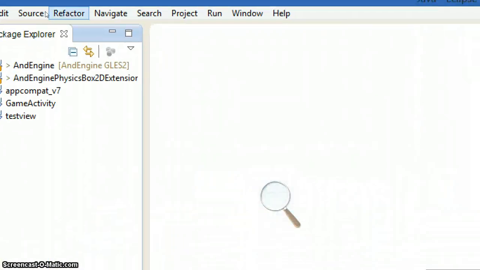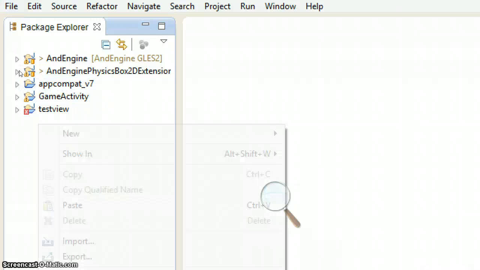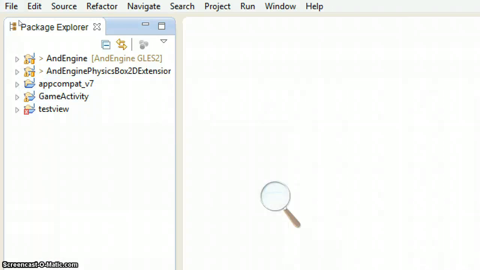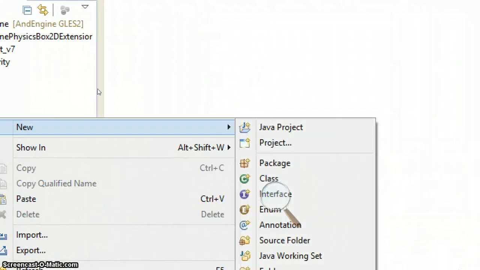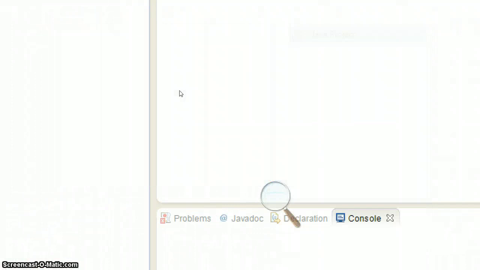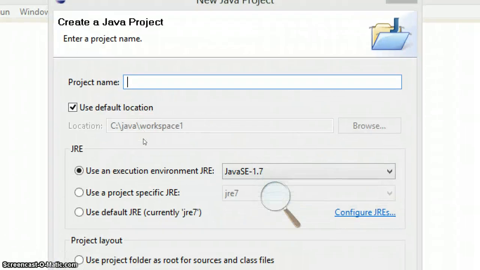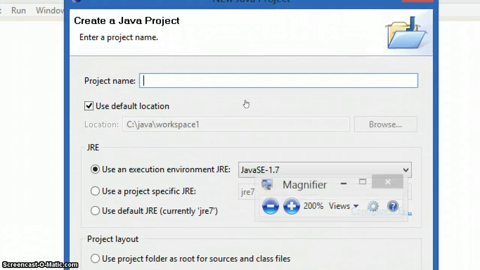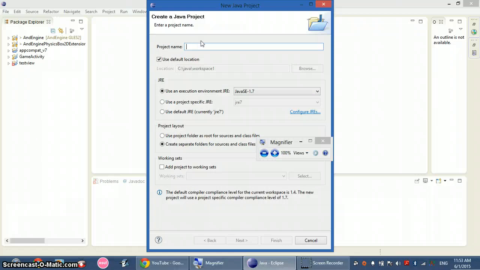First thing, to work in anything, let's right click in the package explorer. You have to make a new Java project here. New Java project. Let me zoom out, guys. Alright. Let's name this project. You can name it anything you want. I will name it